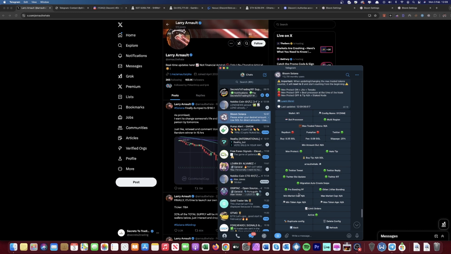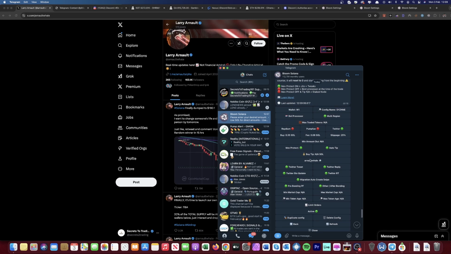Then make sure everything else is done. These are the pre-launch settings. If you're going for tokens that haven't launched yet and you're trying to find the pre-launch, then set it up just exactly like this. And I only like to use this AFK mode for pre-launch tokens or tokens that haven't launched yet,